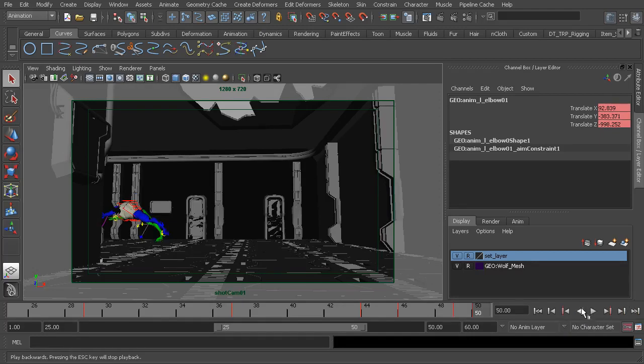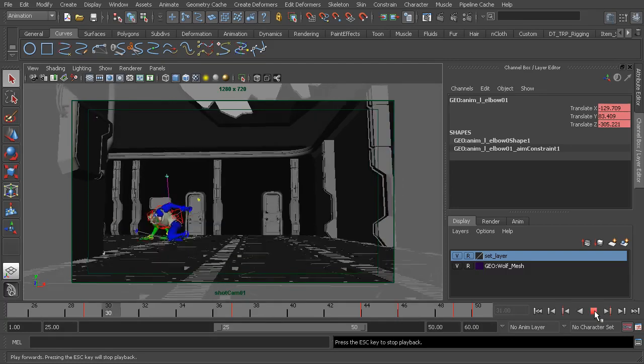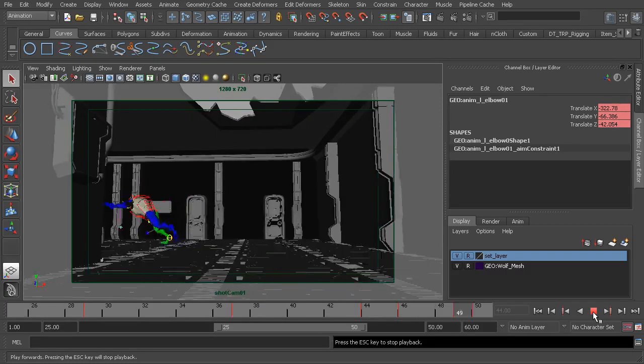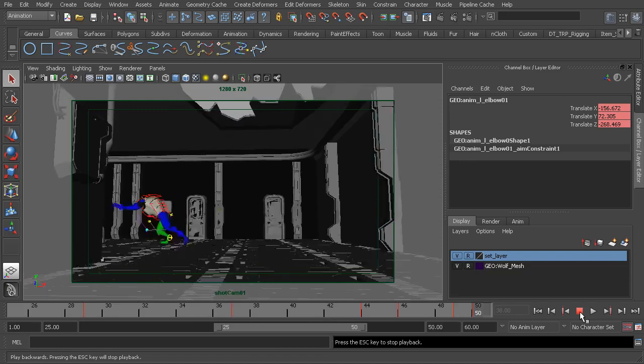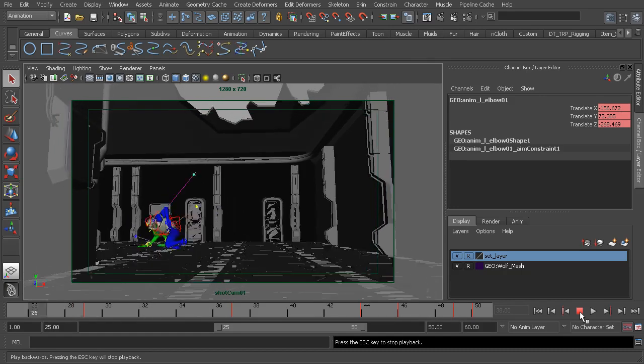Now, the two icons in the center allow us to either play the animation in reverse or play it forward. You'll see when we click on the icon again, we're able to stop the animation. Now, why would we want to play a sequence in reverse? Well, a good rule to keep in mind in animation is that if your animation looks good in reverse, chances are it's going to look